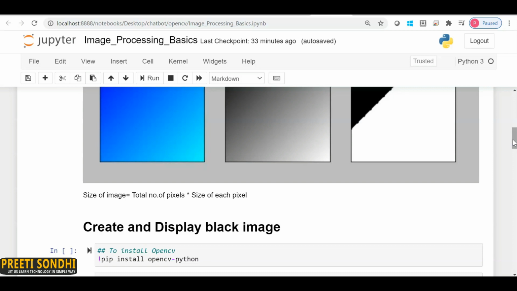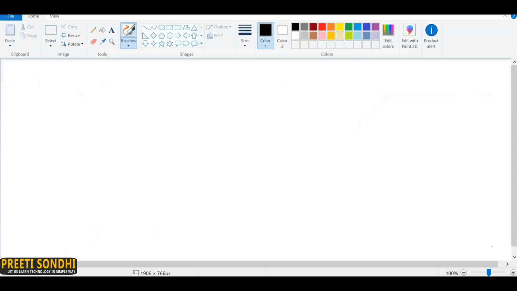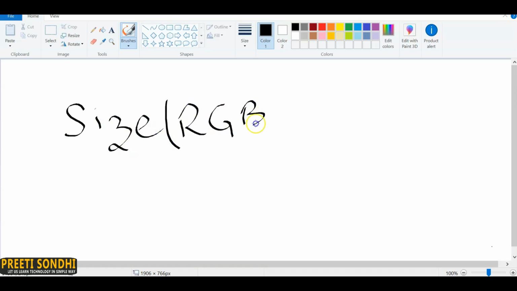Let me just show you how we can calculate the size of any image. Let's say I want to calculate the size of a red, green and blue RGB image. We know that the size of every image is the total number of pixels times the size of each pixel.